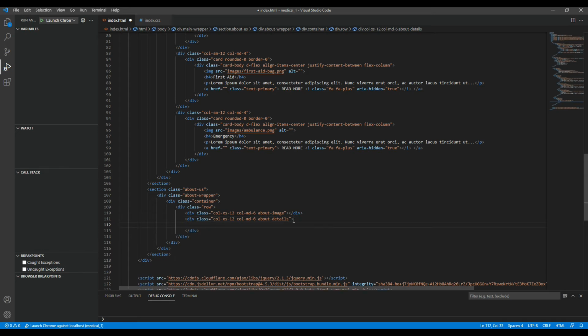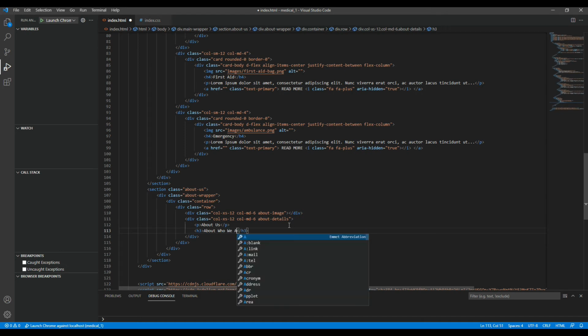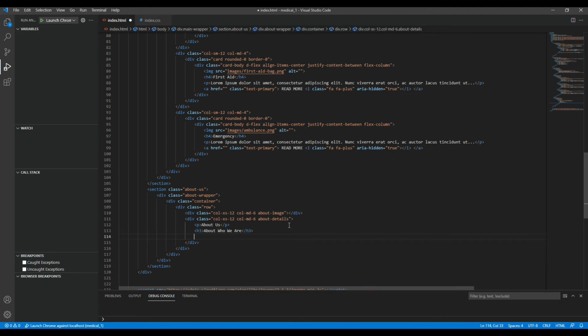Inside this about details we are going to have a paragraph which will be about us, heading level 3 which will be about who we are, then we'll have paragraph which will have a font weight, bold,